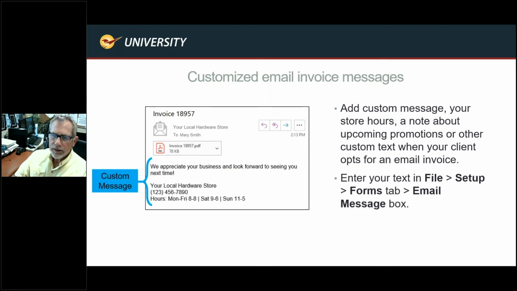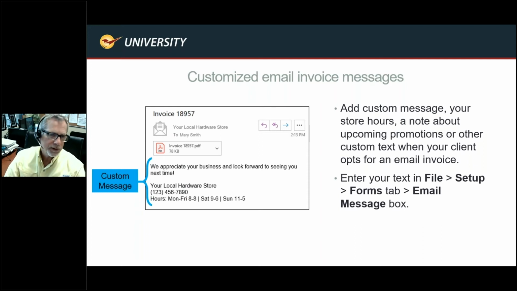So customize email invoice message. We've had the capability for a long time, right? When you do an invoice for a customer, you can automatically send them a copy of the invoice. It just looks at all their emails that they have and it shoots out an invoice. In the past, we've changed the actual name of the invoice file from invoice. Now we've added invoice and the actual invoice number, which is helpful because it basically serializes every one of the invoices. And then you now have a capability to put in a little message there.